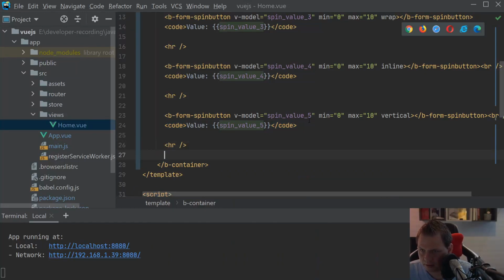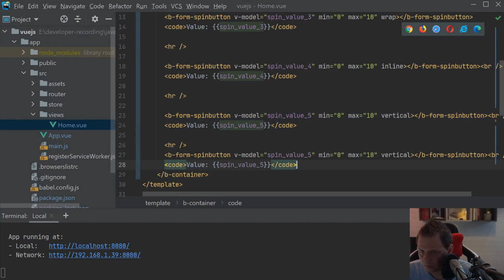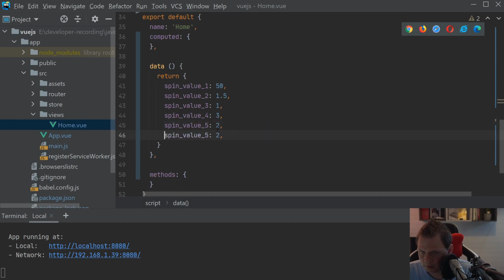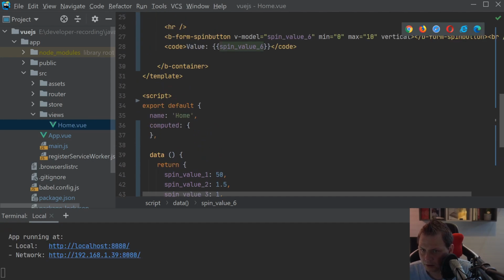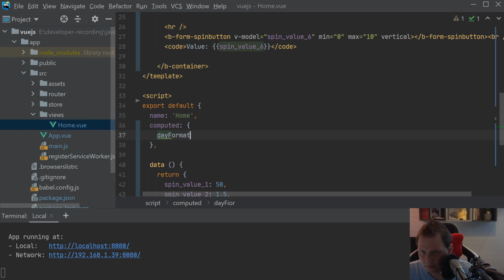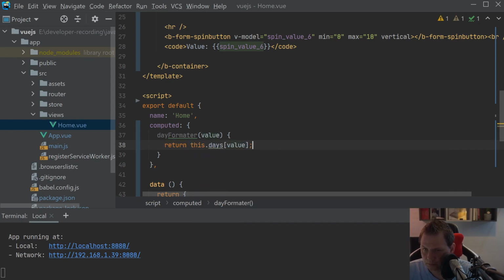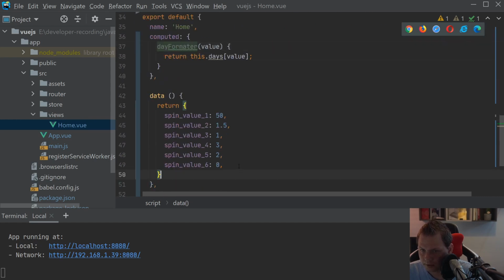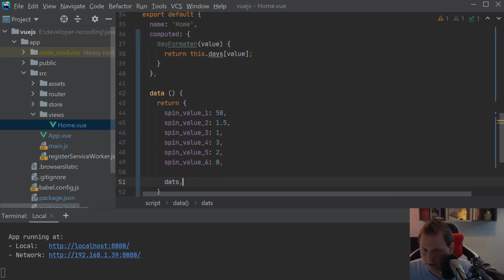So let's go down and copy this one, and we need to call it 6. And I'll go down here, and I'll just say the default value should be 0, and I will just create a day formatter, and value should return this day's value. And the days we want to do is say days,